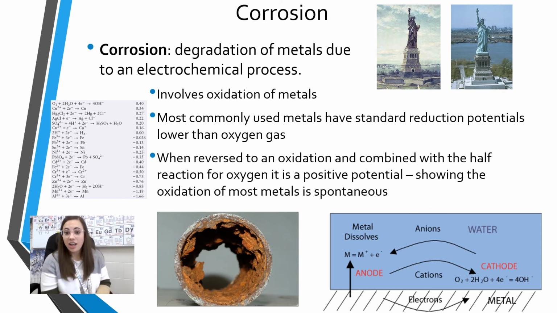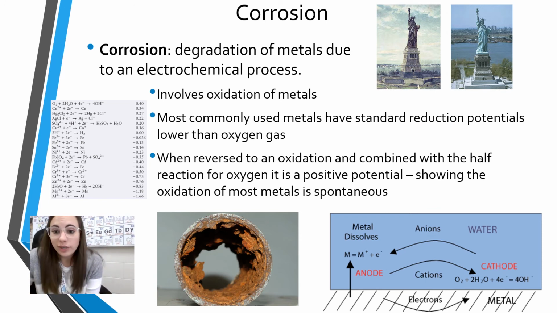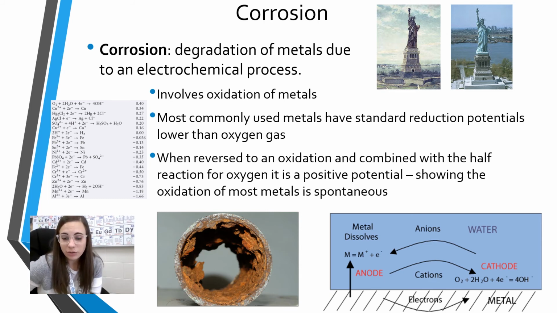Corrosion is a real life example of a redox reaction that we have had to figure out ways to try to prevent. So corrosion is the degradation of metals due to that redox reaction. It's actually the oxidation of metals. So we know oxygen gas is a huge component of our atmosphere. Well, if you look at the reduction potentials that I have on the screen, the one I have at the